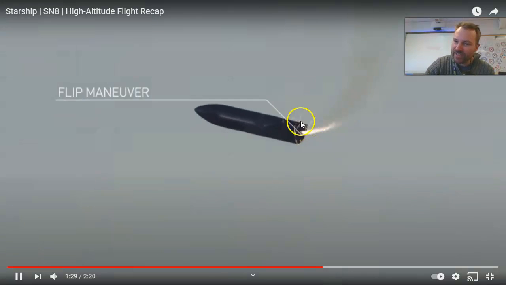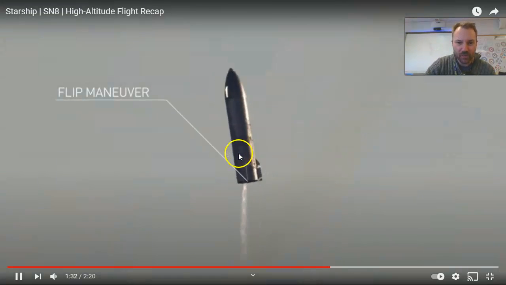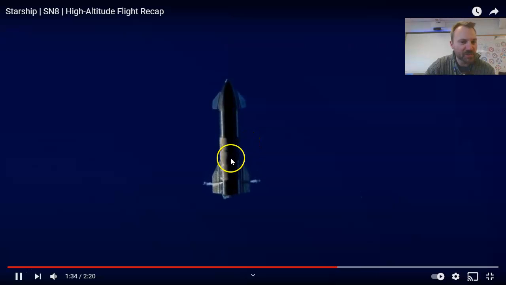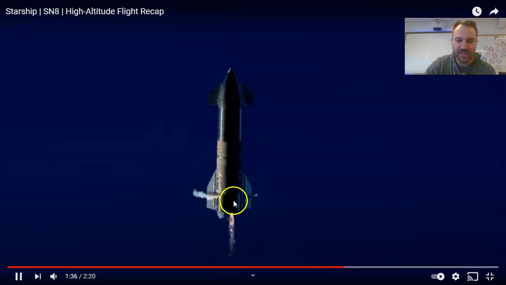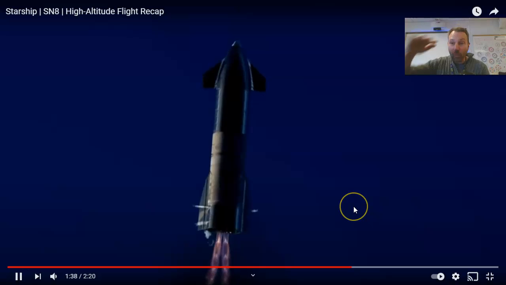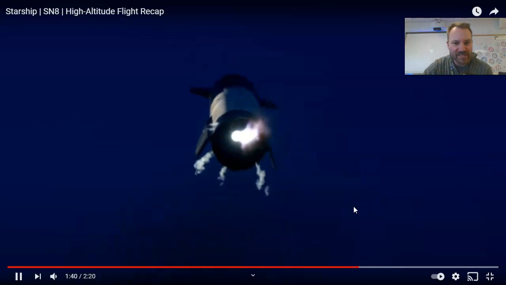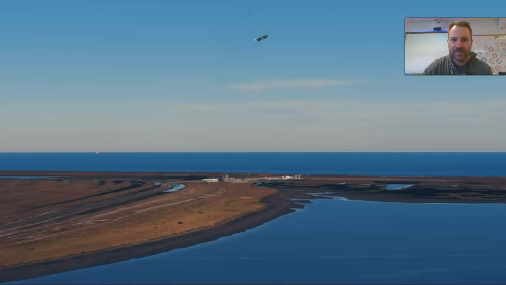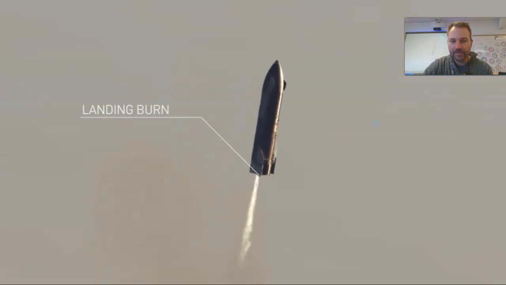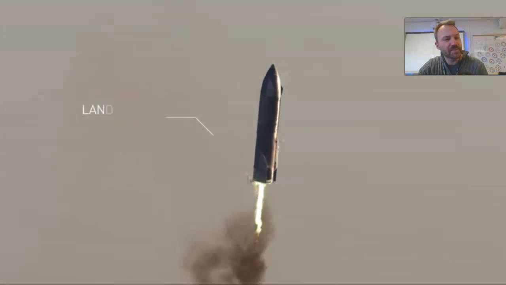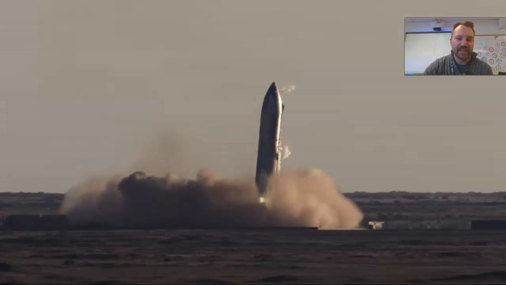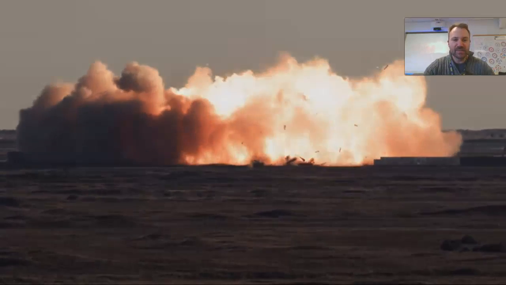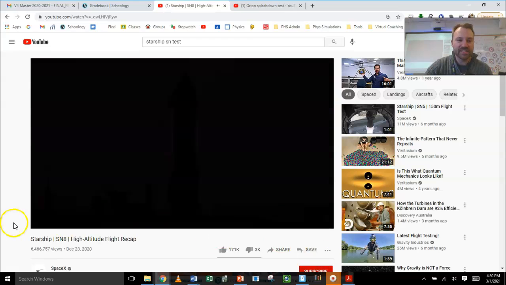So this thing burns, and this whole thing is pivoting around where the center of mass is, and it's somewhere towards the bottom end because the engines are pretty heavy. So they're working right now on how to burn this at just the right time to get it pointed straight up and down so that they can land. So the centroid is important specifically in aerospace, because when you rotate something, it's going to spin